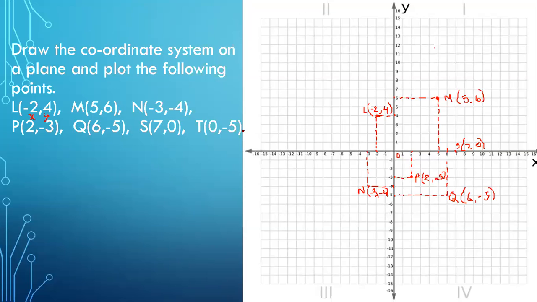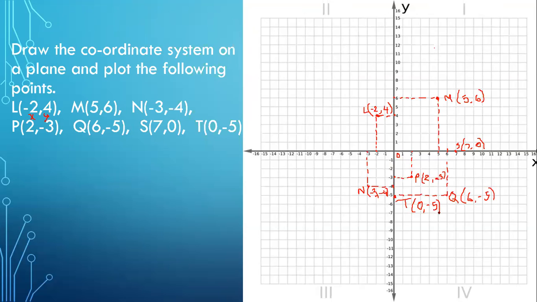So if you notice again here, one of the coordinates is 0. Which coordinate is this? This is the x coordinate, so our point will be on the y-axis. And what is the y coordinate given to us? It is minus 5. So on the y-axis, we can see minus 5 over here. Mark this point as point T and write the coordinates as 0, comma, minus 5.